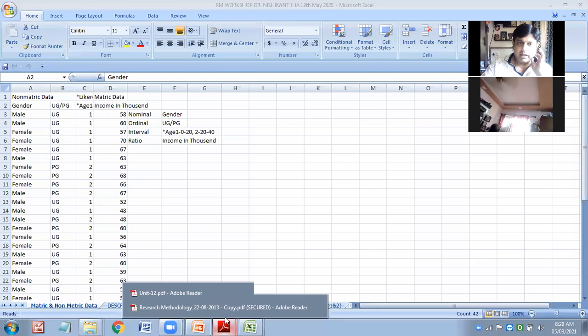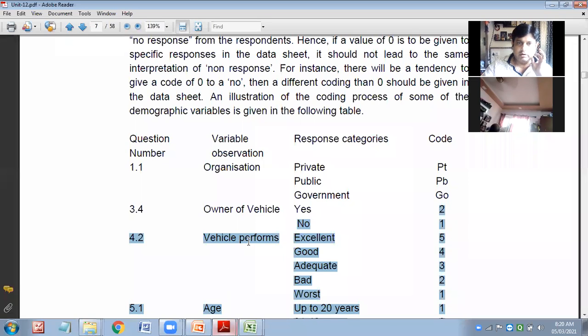Say for example, do we have any example of order over here? Yeah. So here there is vehicle performance which is ordinal data. Isko nominal data bolte hain. Ye saari cheezein notebook mein likh ke rakho. These are very important things which we are discussing, and this is all going to help us for doing the data analysis, data interpretation, data processing. Then only when you process and the outcome comes will you be able to analyze it. So vehicle performance is ordinal data.